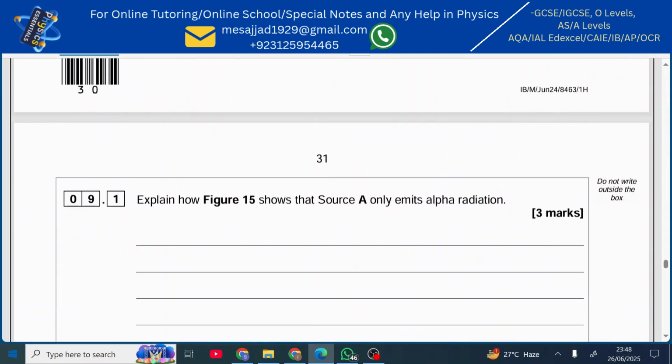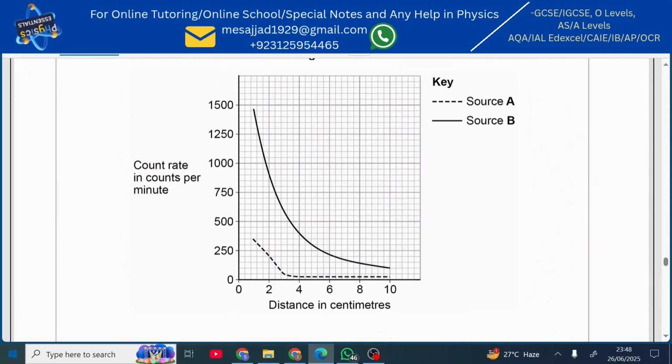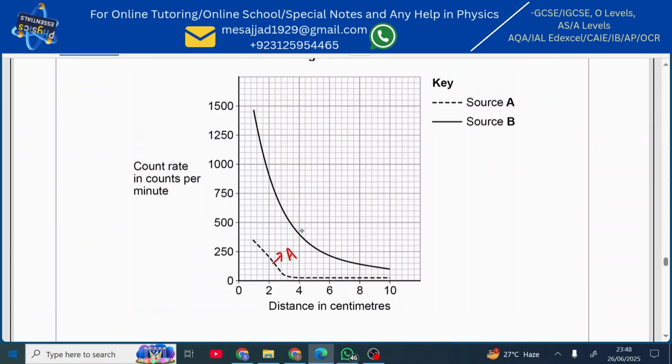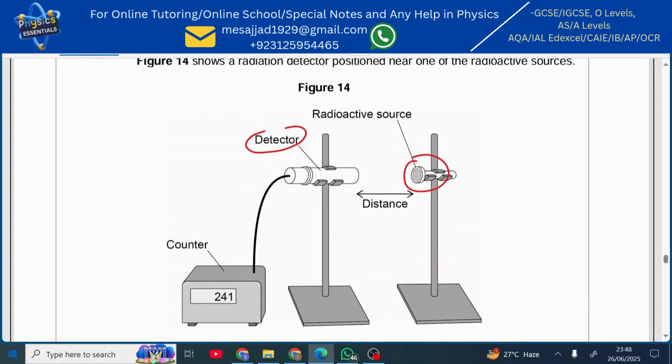Okay, explain how figure 15 shows that source A only emits alpha radiation. So this is for source A and this is for source B. And you can see that the radiation measured by B is up to this, whereas the radiation measured by A is up to this distance only. Why? Because when you are increasing the distance between this and this, alpha cannot travel to longer distances, so alpha will be stopped here. So when alpha is stopped here, stops here because of the air,